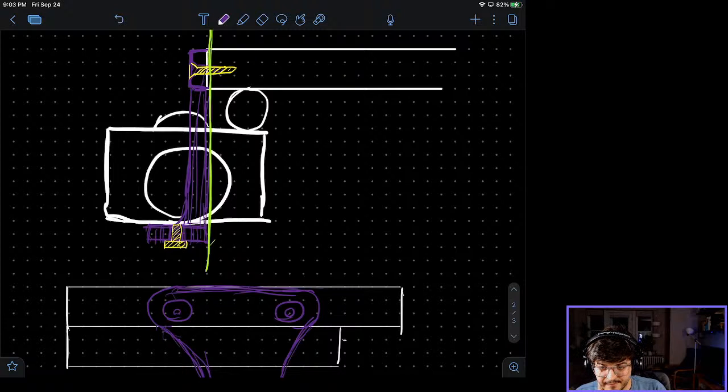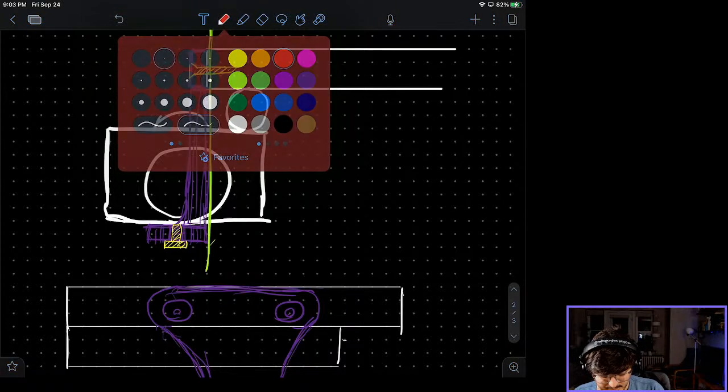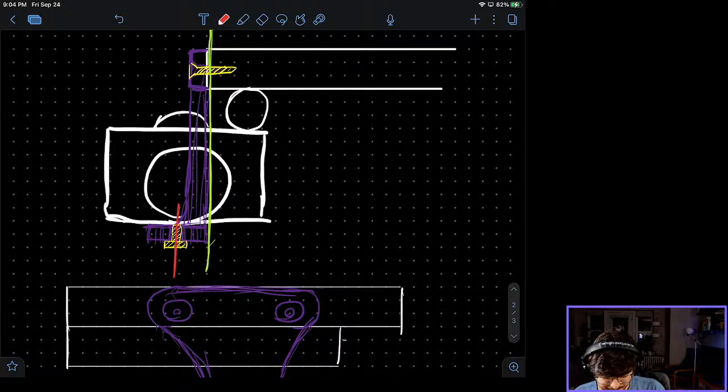If I have a screw that's going into the camera, I'm worried that might split it right here, if I'm not careful, or if I over tighten or something like that. But otherwise, the strength of the part shouldn't be too bad. The screw will be a compressive strength perpendicular to the layers, and this one is going to be parallel to the layers. So that's the one thing that I'm worried about.